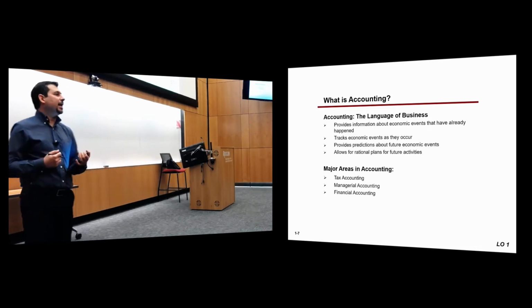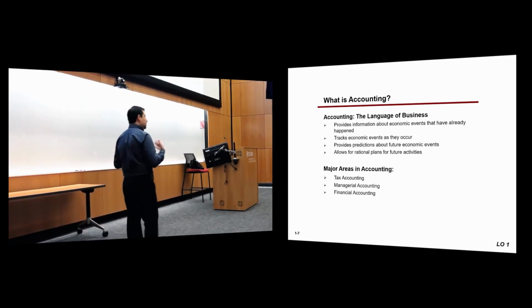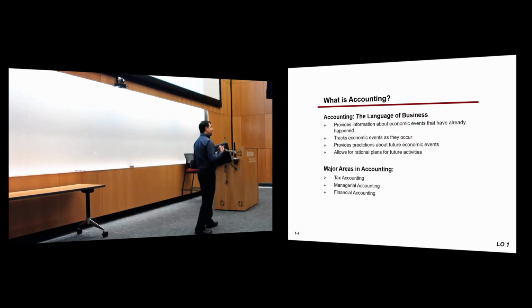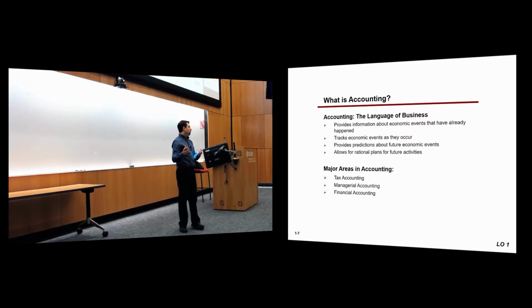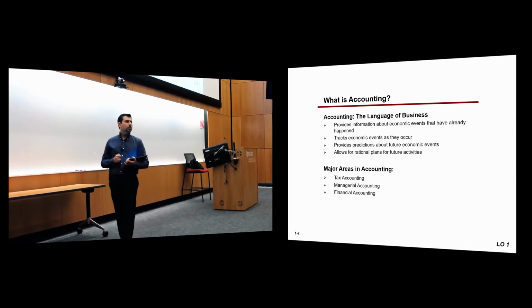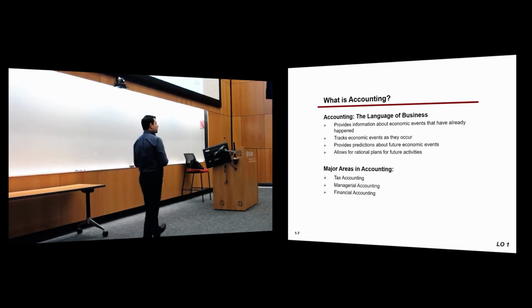Let's say that it's the bank. The bank wants to lend a certain company money. They need to look at the company's information, and by information we mean their numbers. Can the company pay back their debt? Yes or no? If the company is capable of paying their debt, they will give them the loan. If the company is at risk of default, the bank will not give them the loan. Okay?